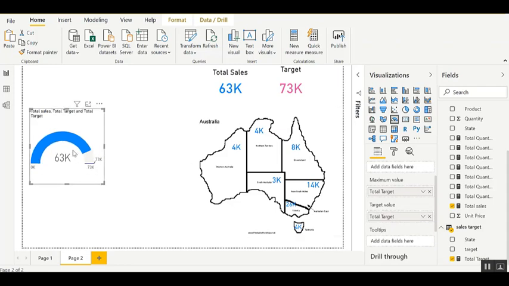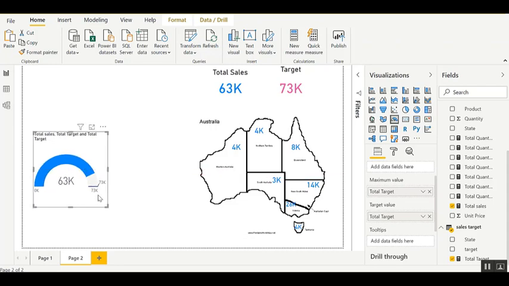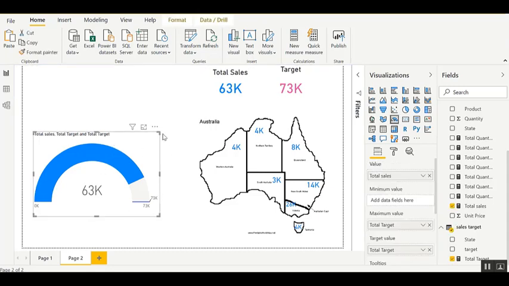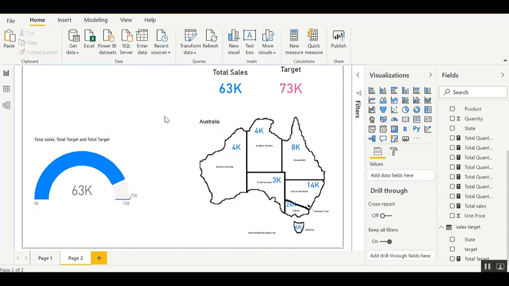Then as you can see now, it exactly shows how much short we are from the target, and the maximum and target here are the same, which I will show you why I need to make some adjustments to later. But before that, I want to have this slicer,